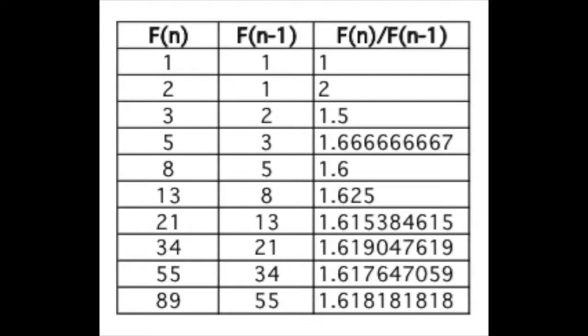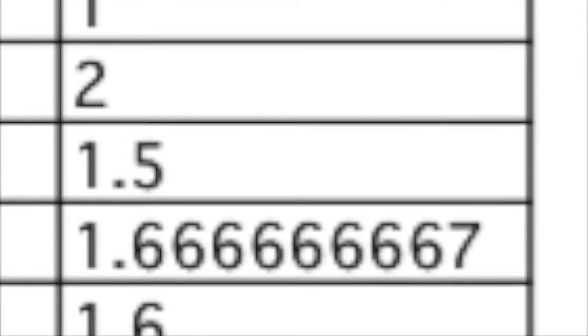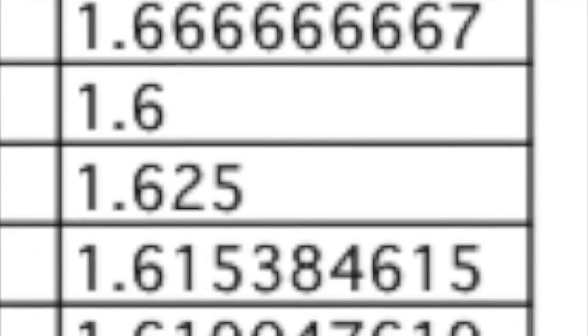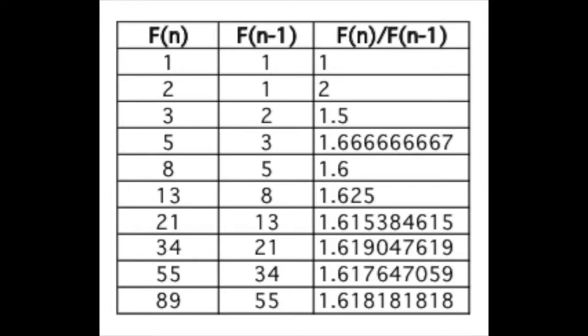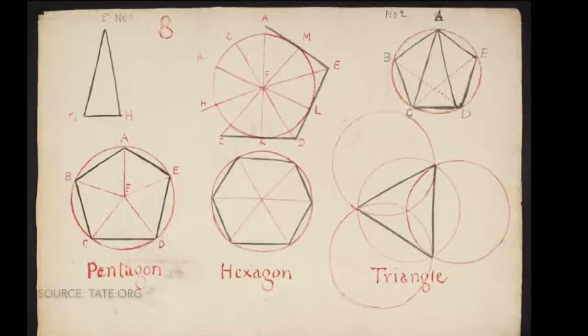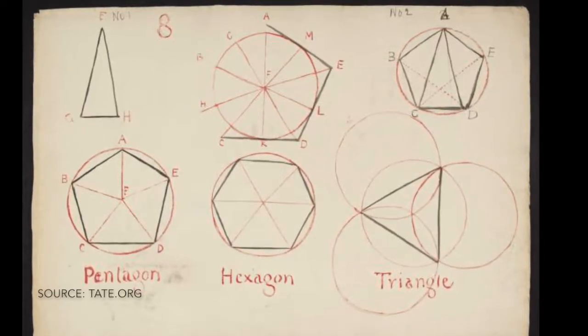Presenting a series of terms where Tn equals Fn over Fn minus 1 gives 1, 2, 3 over 2, 5 over 3, 8 over 5, 13 over 8, etc. For higher values of n, the terms become progressively closer to the limit of the series, which is the golden ratio, phi equals 1.618.